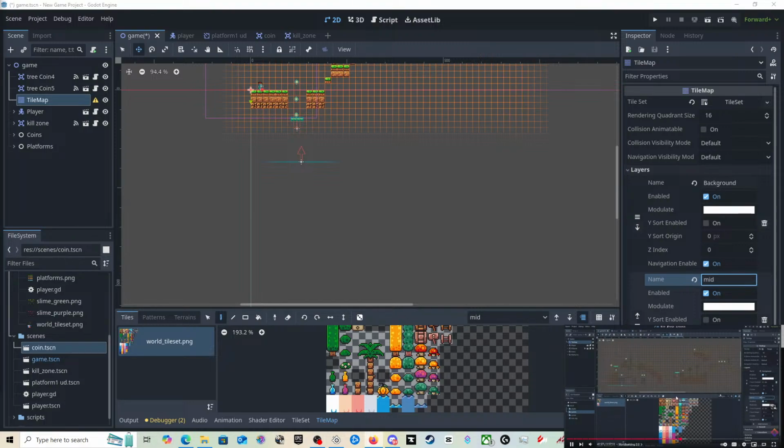that it's drawn first, and now when painting we need to select the right layer to paint on. So let's select the background, and then we can start painting in some background tiles. A nice trick here is to use the rectangle tool to paint in a lot of tiles at once.